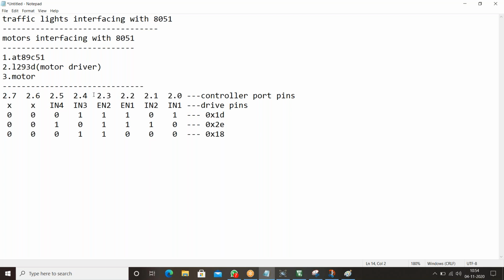Now I want to stop motor 2, which means from up to here we'll get zeros. Okay. Now I want to make this motor 1 in reverse direction. Reverse direction in the sense like this is 1 and this is 0. Clear? These are my 4 cases. What is the hexadecimal value?